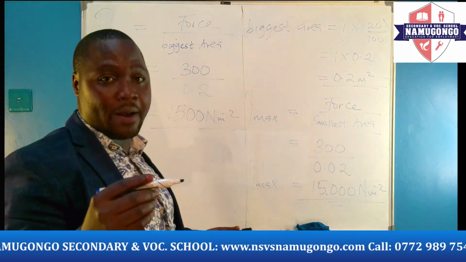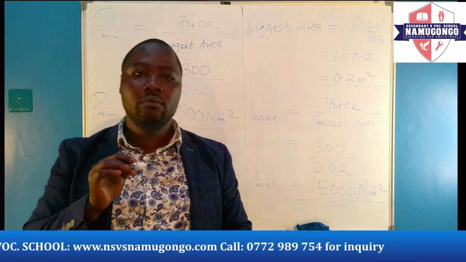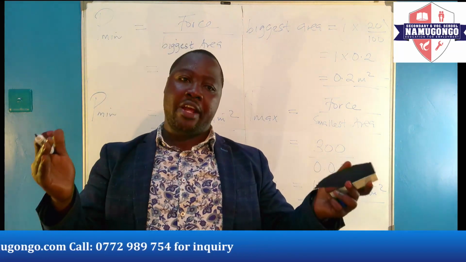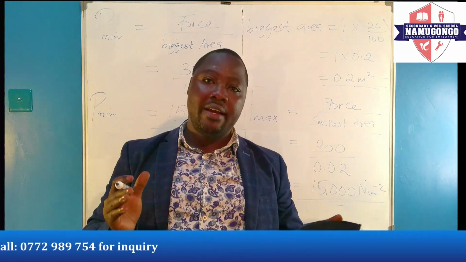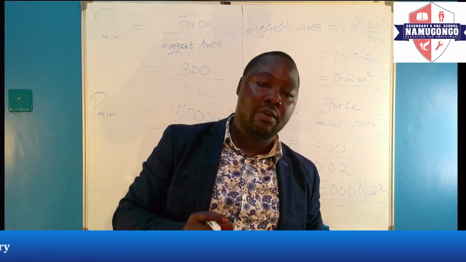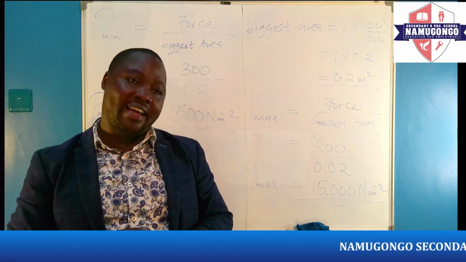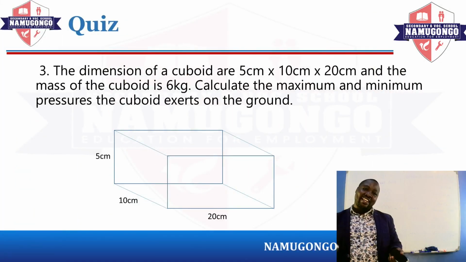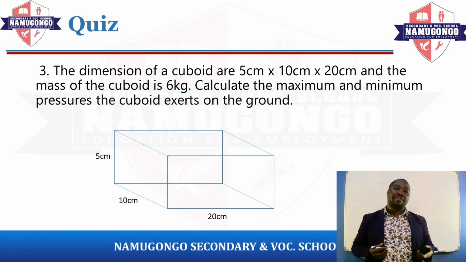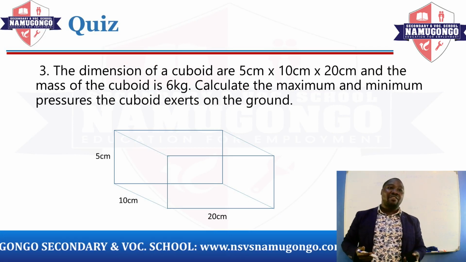So my dear viewer, don't forget that when they ask for pressure, maximum pressure or minimum pressure, look for the area. The area can either be minimum or it can be maximum. Smallest area or biggest area. For example, there is that question there, because I know you will try it out. They have given us a cuboid of dimensions 5 centimeters by 10 by 20. And the mass of the cuboid is 6